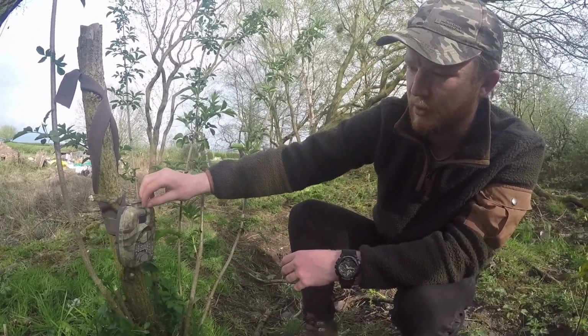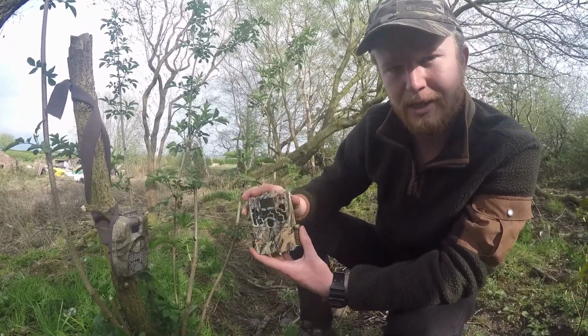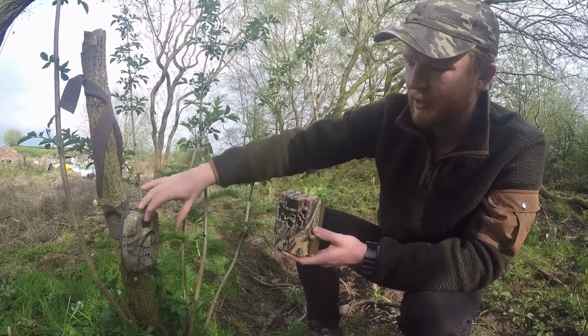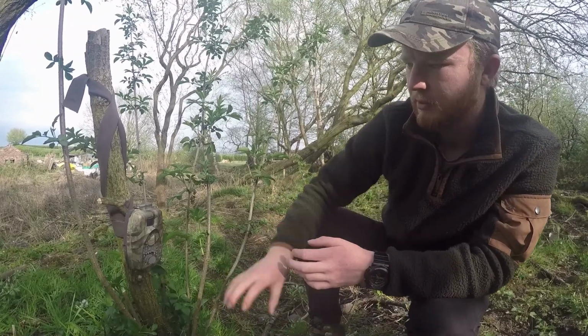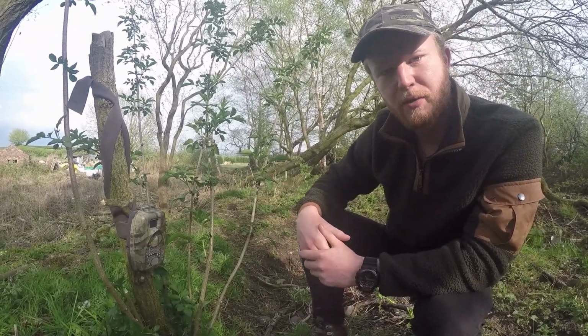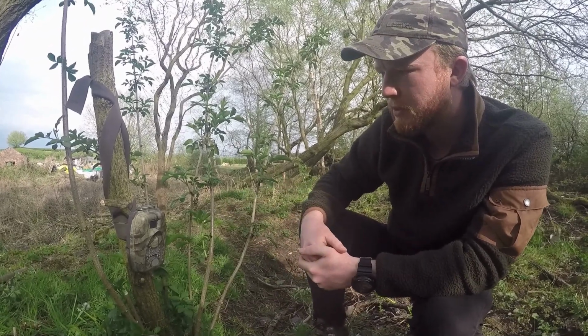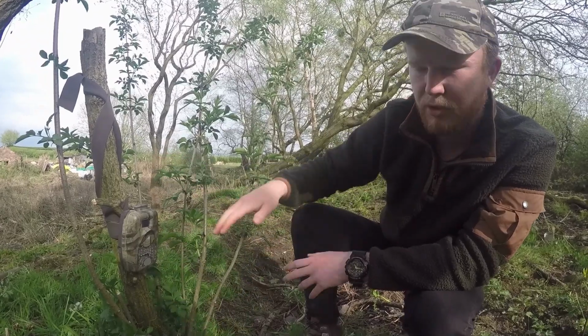This has a field of view of 90 degrees, and I'm pretty sure this has a field of view of 120 degrees, so it's almost like slightly wide angle, comes out to about there, whereas this one is sort of just about here. So that's just a little handy startup guide there folks, just so you can set up your own camera traps, record some mammals, bird life, anything like that, and just change the height according to what mammal